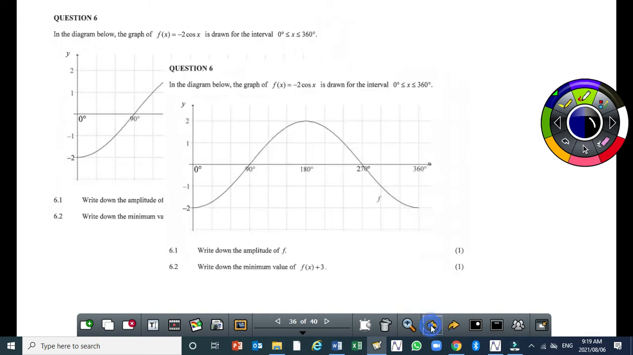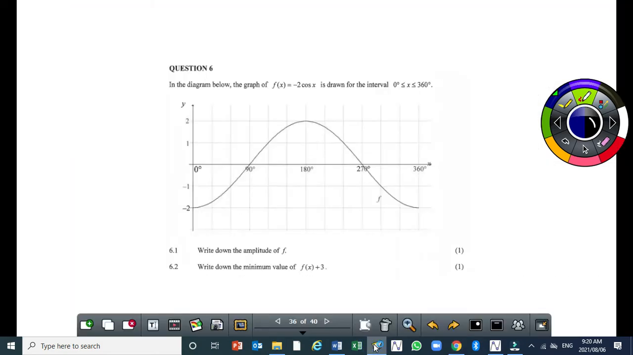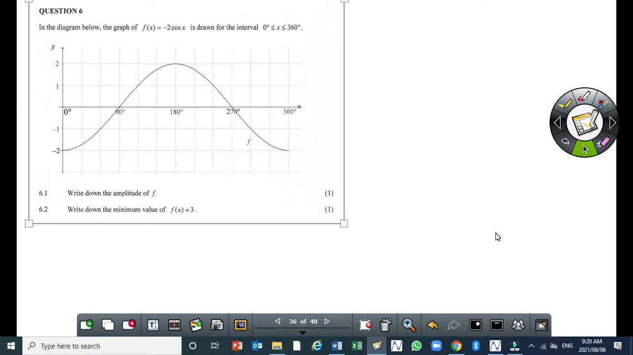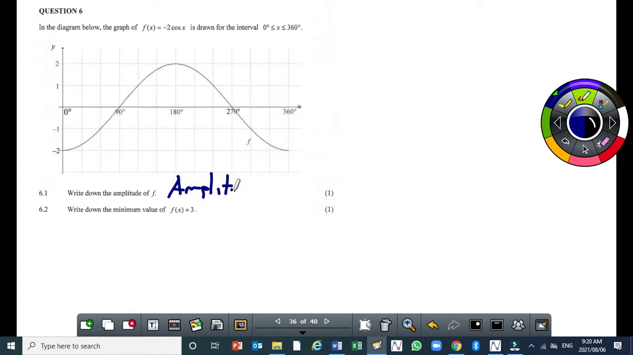And let me just write it. The amplitude is 2. Okay, so let me write here: amplitude is equal to 2. Then the next question now, it says, write down the minimum value of f of x